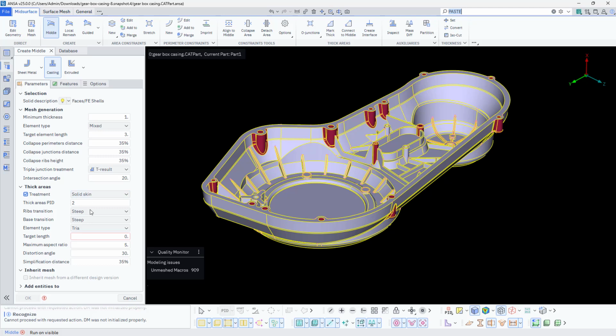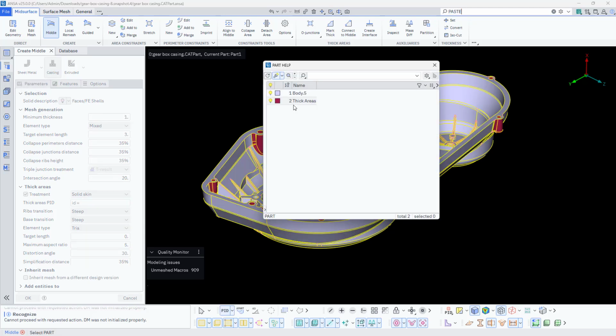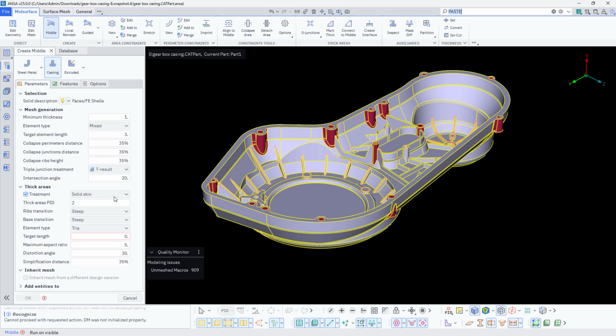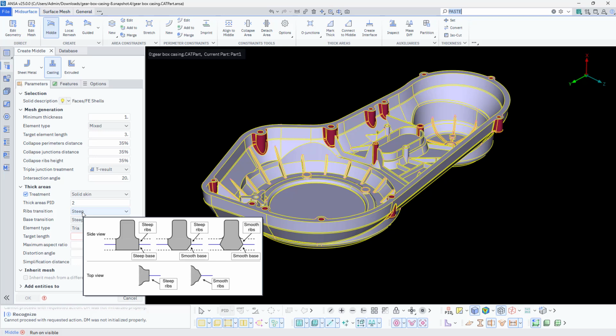If you activate this, here you will have the chance to define the PID and the solids, which we are going to define as solids. Automatically it will try to create the solid mesh, dry mesh, so that you can even volumize them and create the mounts, solid mounts. And here you can see the rib transition and the base transition. We have the steep, and one more is the smooth. If you select the smooth, it will create a chamfer kind of structure. If you take the steep, it will create straight